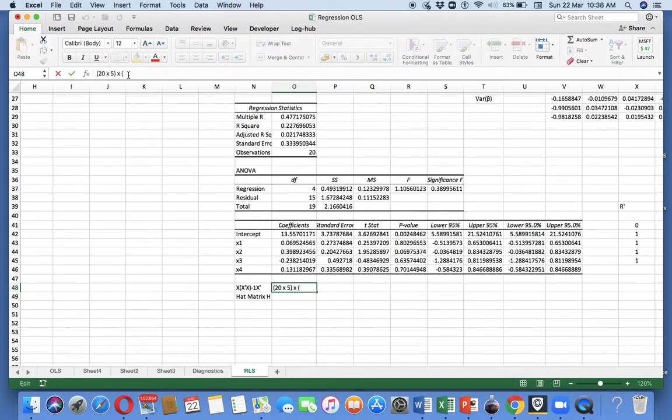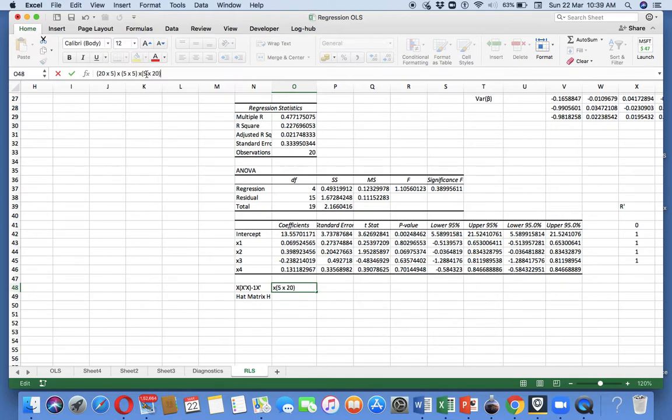And that in turn is going to be multiplied by X transpose, which is 5 by 20, 5 rows into 20 columns.